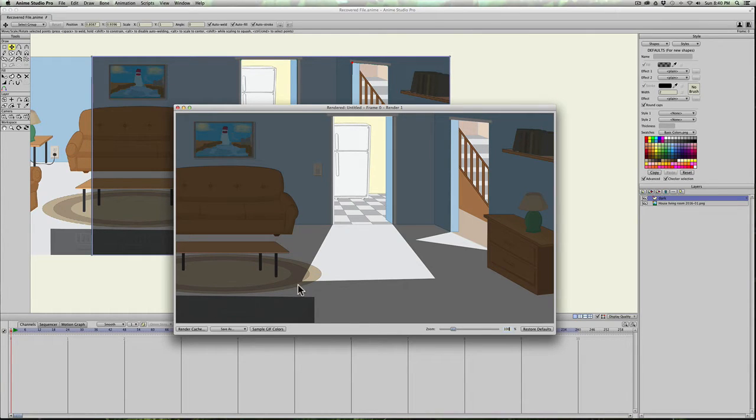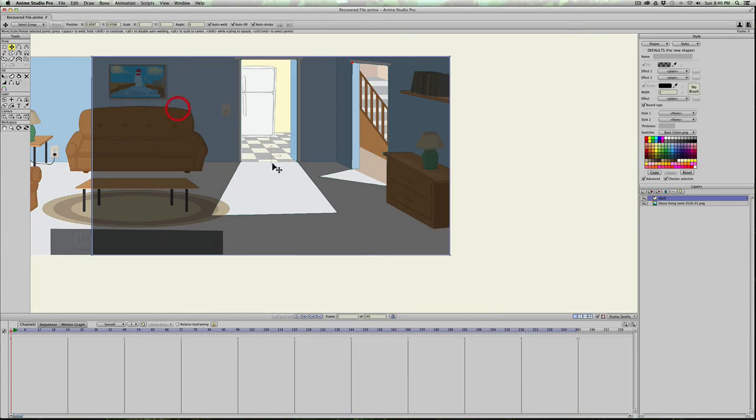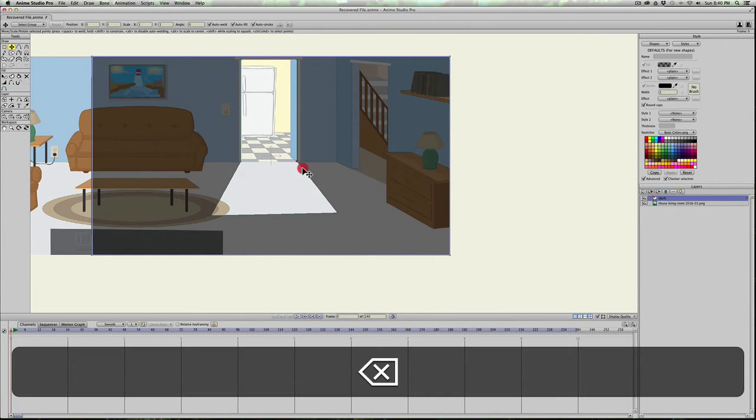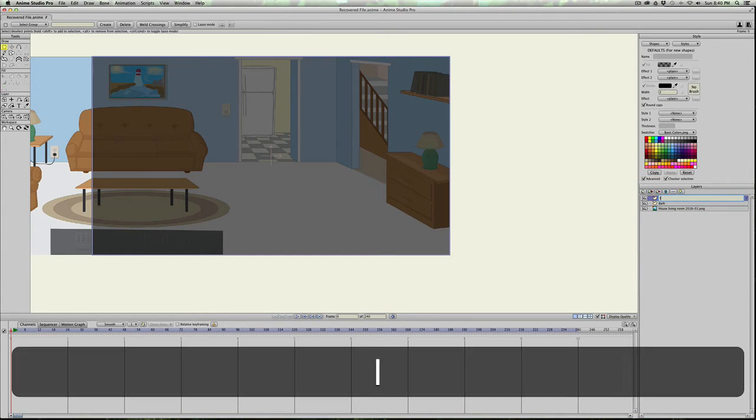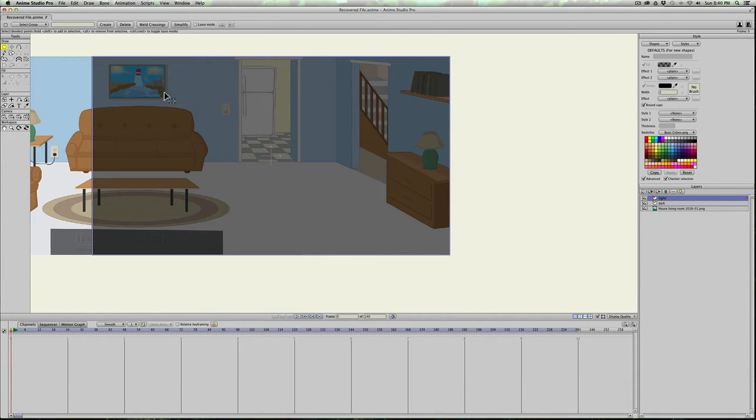Usually light will fade off, and the other way that you can do this is I'm going to actually delete these holes, and I'm going to create another vector, and we'll just call this light. And this is just another technique. It's just a different way to do it. And I will draw a shape,